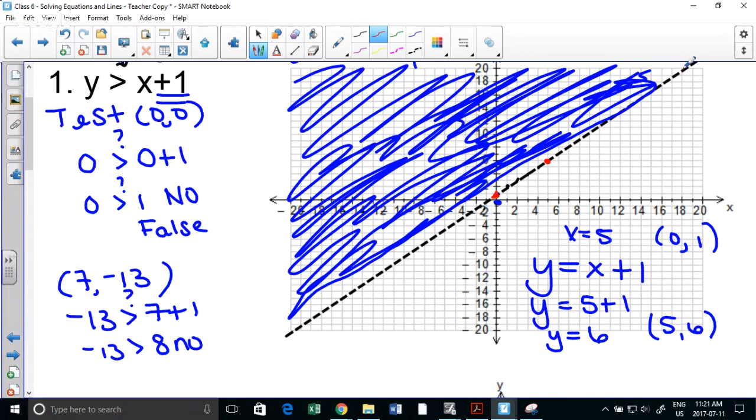How do I know which side to shade in? We're going to do 2 more examples of this, so hopefully it's a bit more clear when we do. But with your test point, if you get a bad inequality, so 0 is not greater than 1, and I'm testing, this is my test point. So 0, 0 does not work. So 0, 0 is not in the half that's shaded. So since 0 is in this half, I'm going to shade the other half.